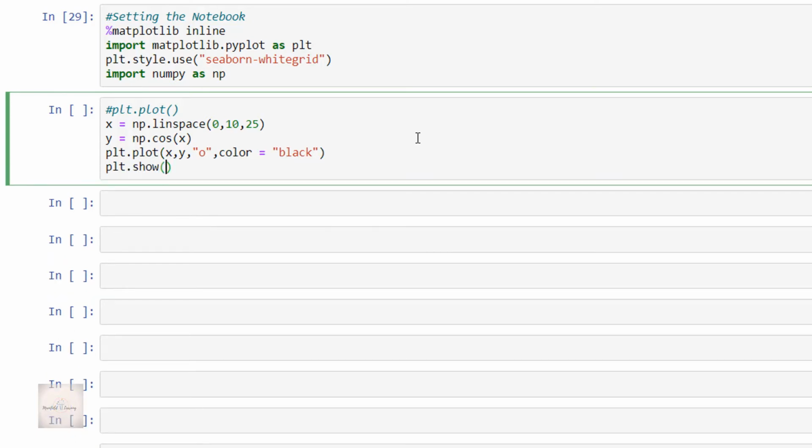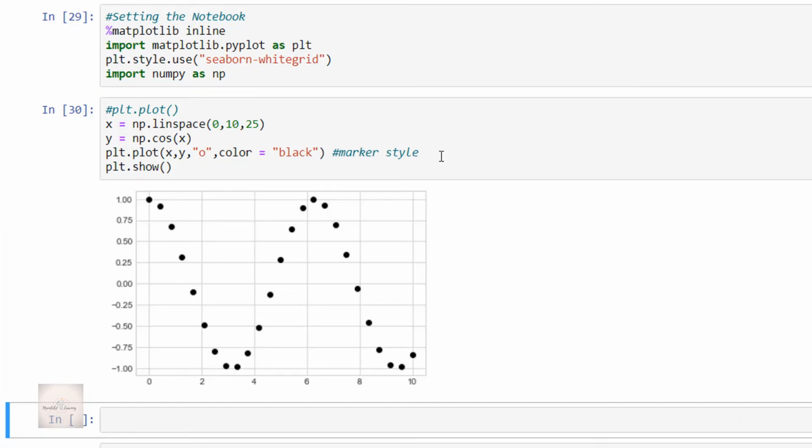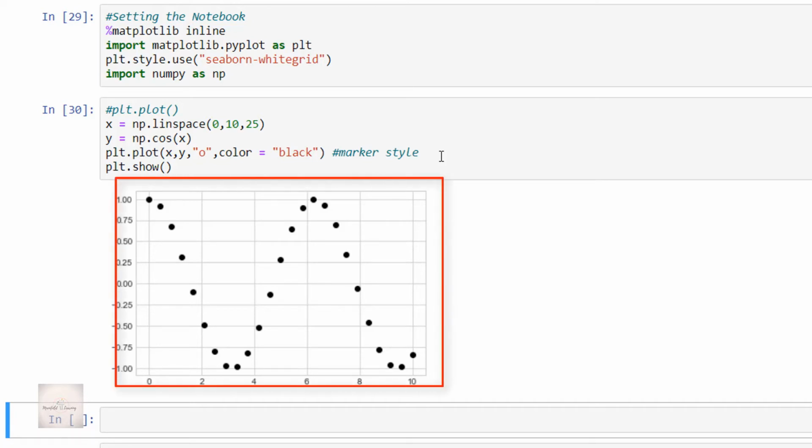In this code, if you observe the plt.plot function, the third argument is actually a character. This character represents the type of symbol used for the plotting. It is just like how we specify options such as hyphen for dash, or dash-dot to control the line style. In the same way, here we have used a character. Now let me execute this code cell and see the output. Yes, see, in this output the points are represented individually with a circle-shaped marker.